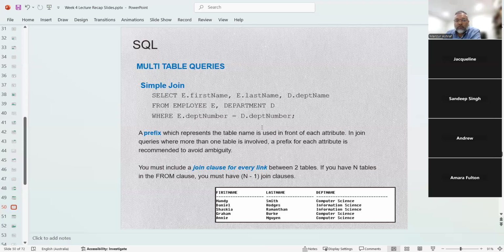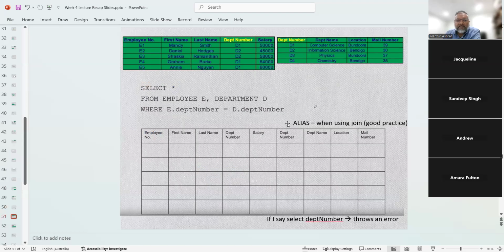In the join condition, we have to put n-1 join clauses if we join n tables. Like for example, here we are joining 2 tables, so there is only 1 clause. For 3 tables, there must be 2 clauses. We'll see those 2 clauses. Now, as an example,